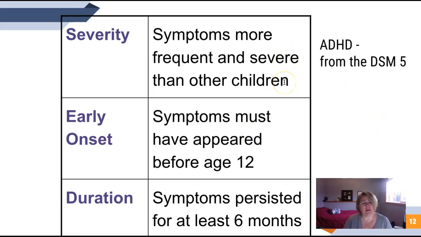There's the criteria from the DSM-5. Remember, that's kind of the Bible for how we identify kids with disabilities, or actually any person that might have a disability. And in the DSM-5, it talks about the severity, that the symptoms have to be more frequent and more severe. Remember, we talked about that persistent status of inattention and hyperactivity and impulsivity. It should be something that doesn't emerge later in life. It should be early onset, that we're seeing the symptoms before age 12. And then it has been going on for a while. Again, we had that persistent language earlier in another slide. And the DSM-5 says it has to have lasted for at least 6 months.